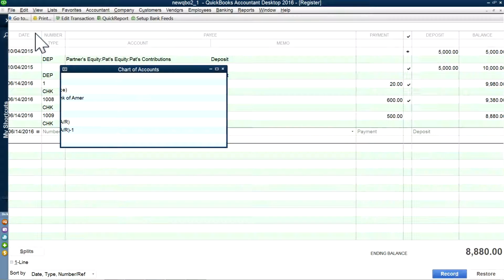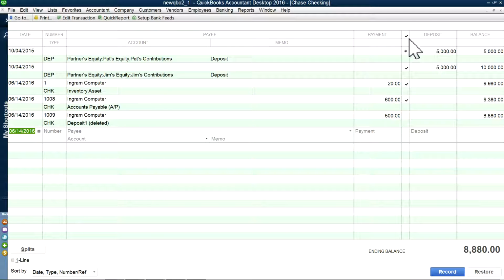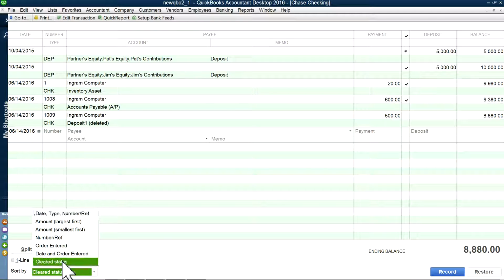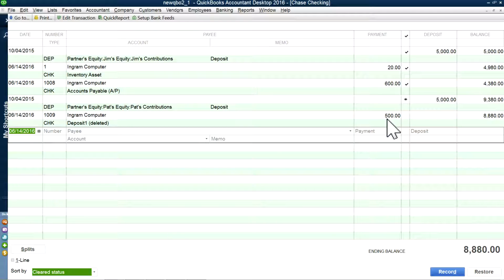If you just click it here, this is a check register. As you can see, all of them are marked in here. So that means they did have clear ones, with the clear status right here, like this. So this is the only one not clear, or unclear. So you need to